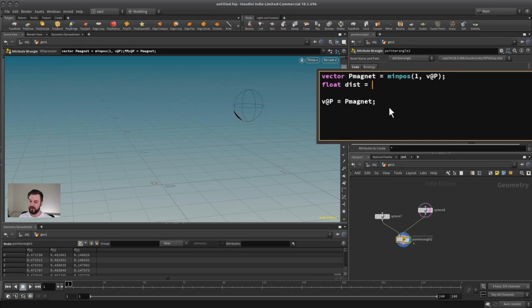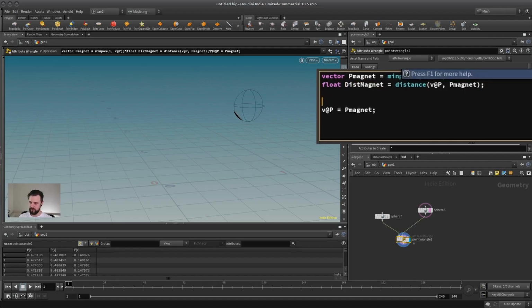Again, the name doesn't matter. We could also call it dist magnet, something like this. So distance to magnet, and this would be the distance between my current position and the position magnet that we already found out. And this distance here, we could say, just as a first test, only if that is lower than a certain threshold. So if my dist magnet is smaller than